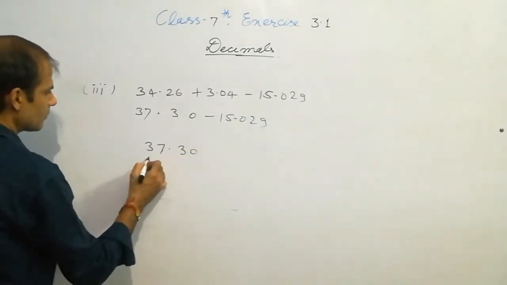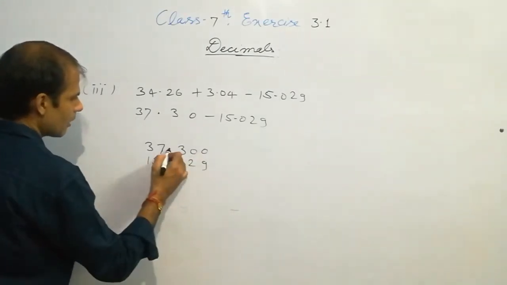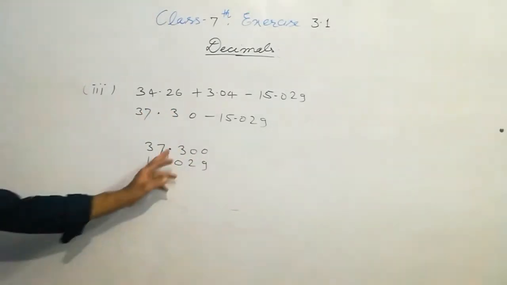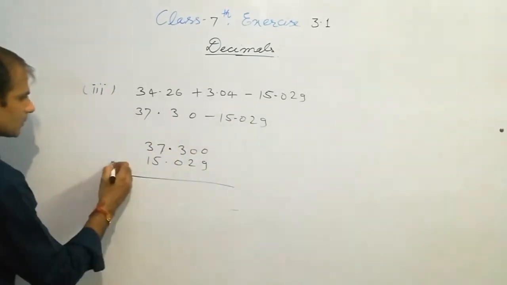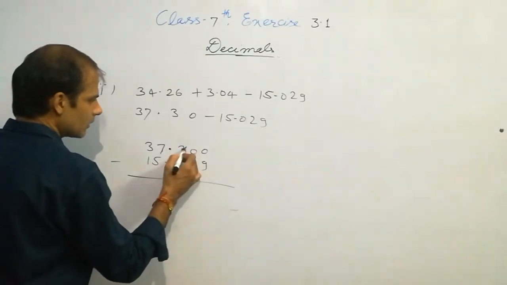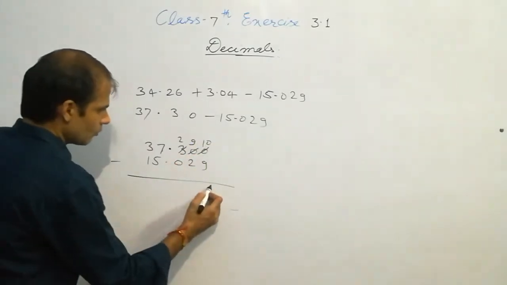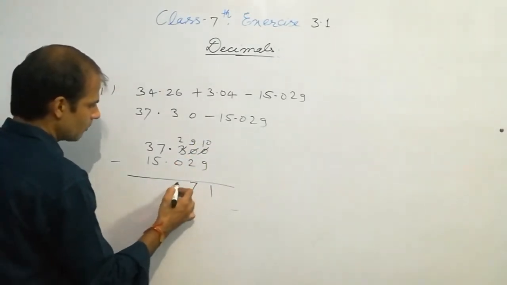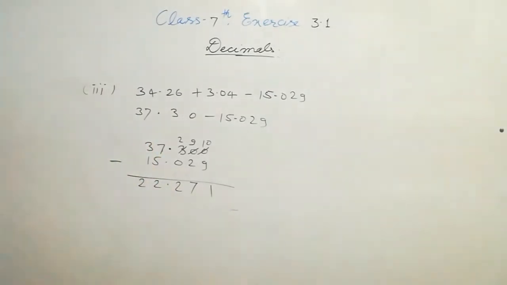37.30. Now write the smaller number as 029 and write a 0 after 30 because there are 3 digits, there are only 2 digits. Now perform the subtraction. So convert this into 2, it is 9 and it becomes 10 because they are continuous zeros. So it is 1, 9 minus 2, 7, 2 minus 0, 2, 7 minus 5, 2 and 3 minus 1 also 2. So the answer is 22.271. It is third part of fifth question, 22.271. Note it down.